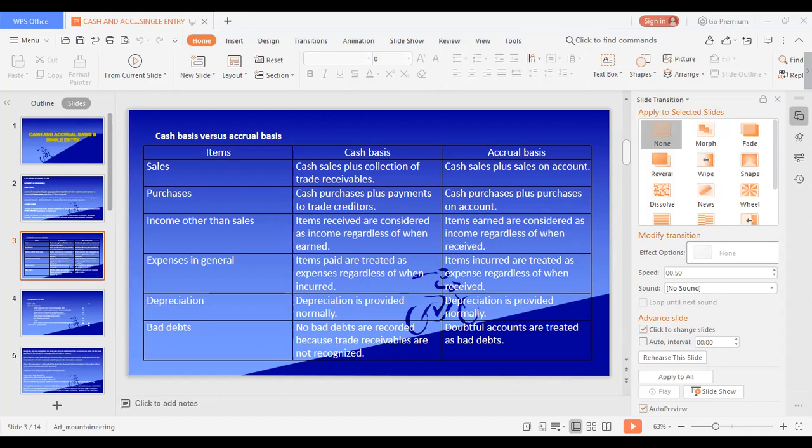Now in number 10, under accrual basis, what amount should be reported as sales in the income statement for the year ended December 31, 2020? So ang ginapangita diri is sales under the accrual basis. We have now the cash sales given supposed to be, no? The cash sales is